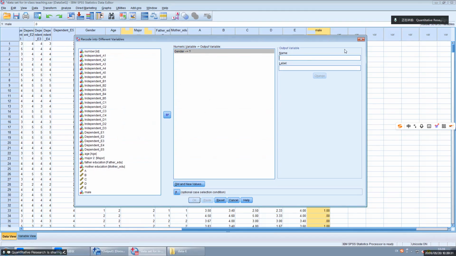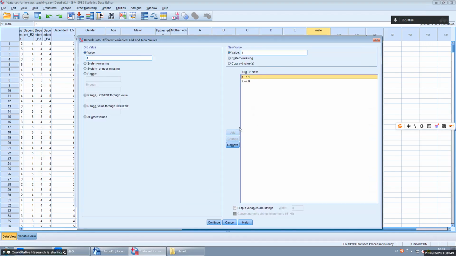Again, gender. Now the new name should be female. Okay. How do we change values? Here, when the old value is 1, the new value should be 0.